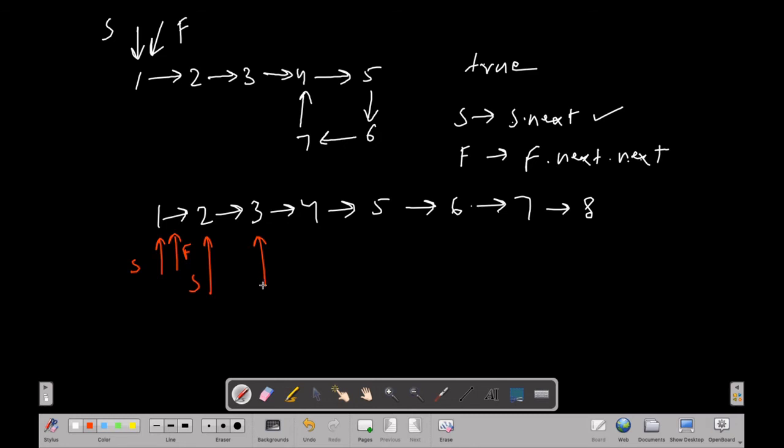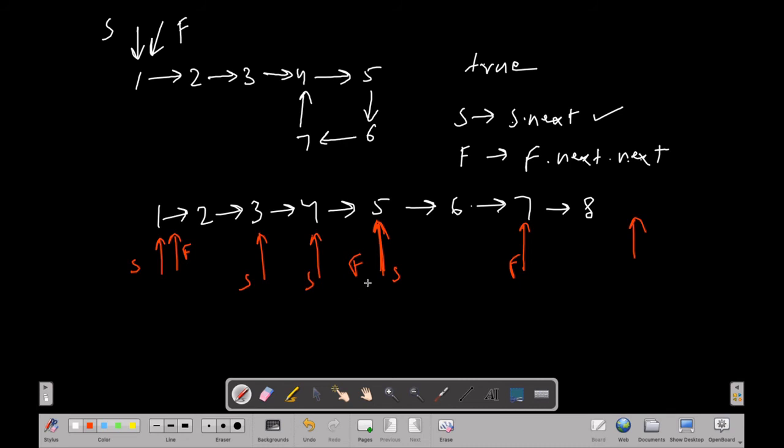Then again, after this one is the position of the first traversal, and after the second traversal, this is the position of slow, and this will be the position of fast because the fast was initially at 3. Again this will be the position of slow, and this one will be the position of fast. So again we have this as the position of slow, and fast will get out of the list. So we won't traverse for this particular traversal.